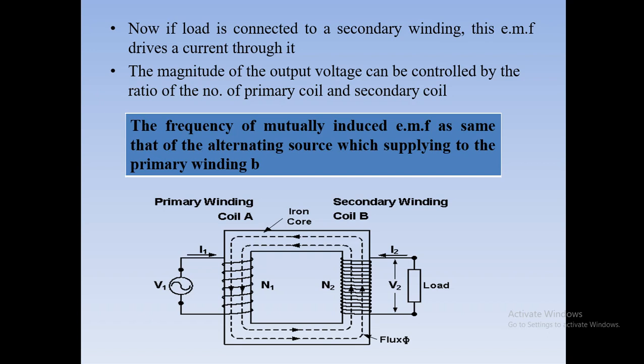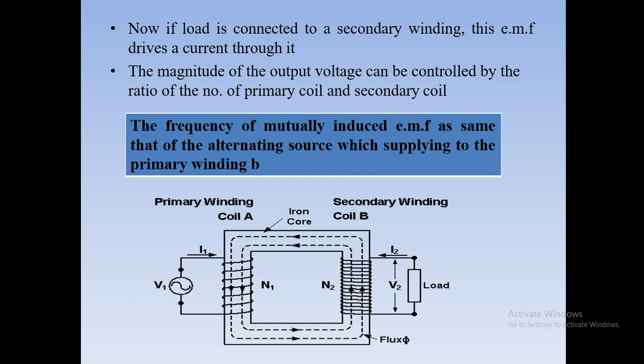Like this, the process is going on. With that, we can say the number of turns or the voltage per turn is always equal in the transformer. We can say the transformer is a constant magnetic flux device, because the flux generated by the secondary winding is going to generate one more induced EMF in the primary winding, and that induced EMF is going to cancel the induced EMF produced by the primary winding.